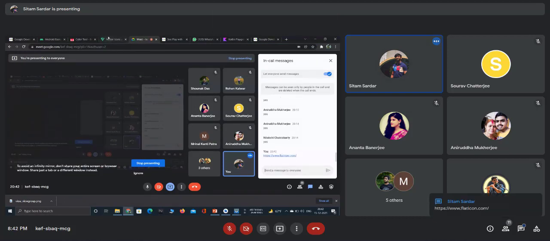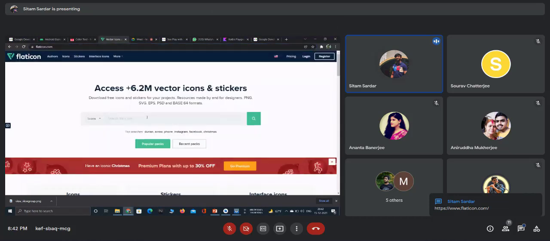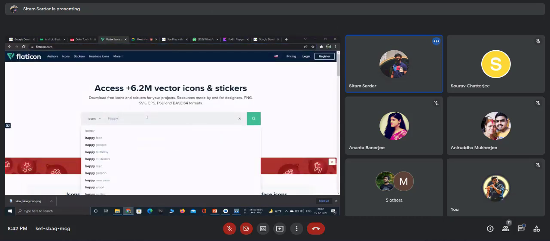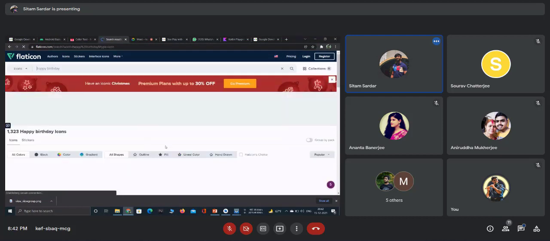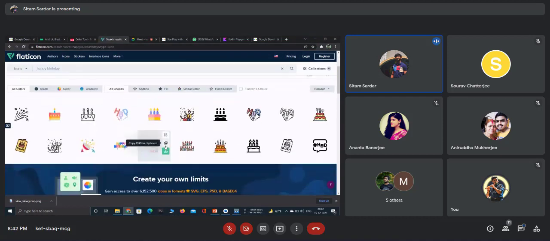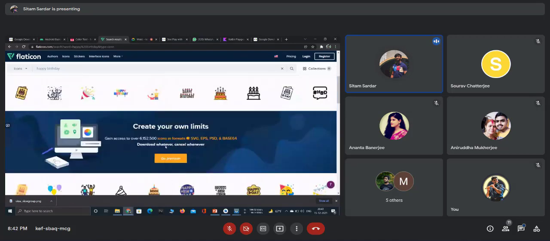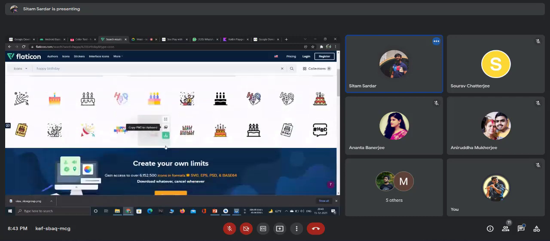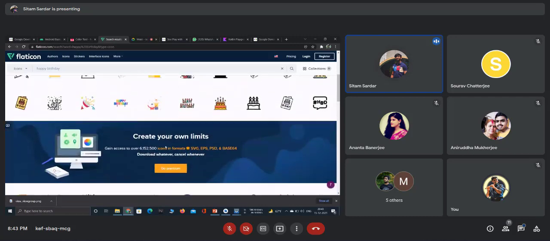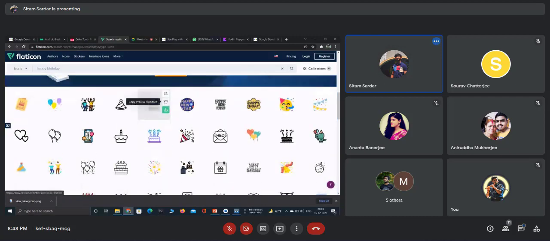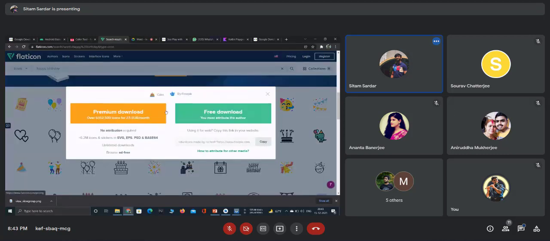In this website, if we search happy birthday, a lot of free stickers come, and we can download any of the stickers. Let's download a relevant sticker. Okay, let's download this. Free download.